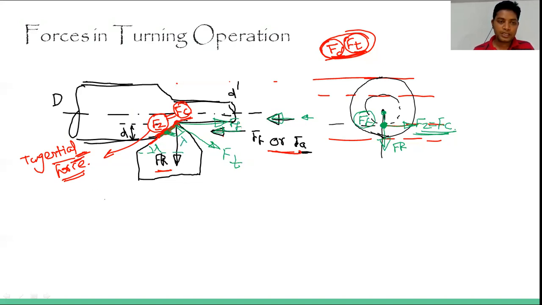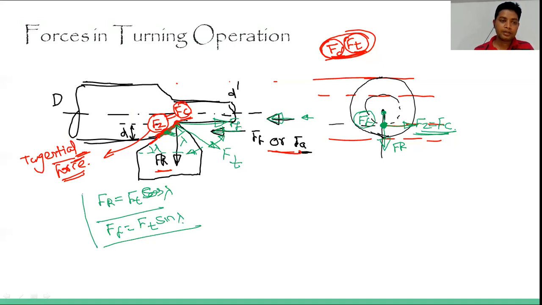Now if you see this Fr, then Fr will be equal to Ft, that is thrust force, into cos of lambda. So this will be the cos component in this direction and this will be the sine component. So when you talk about the Ff, that is feed force, that will be equal to Ft into sine lambda. Okay, now what do you have to keep in mind in questions, in problems, if this lambda is given to you? Lambda is basically the